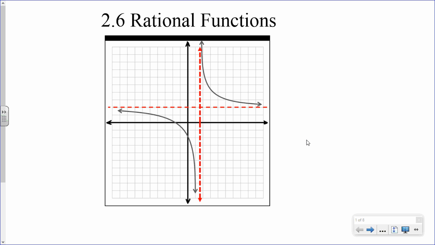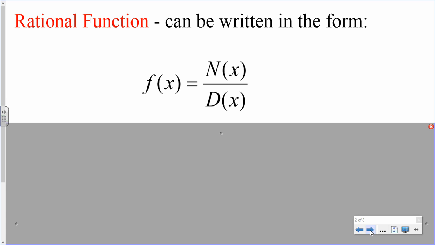Okay, so rational functions. You recognize this graph. You graphed something like this last year. So I'm going to give you some reminders, we're going to do some practice, and then I'm going to teach you something that happens that you haven't seen before. Okay? So first of all, a rational function can be written in the form